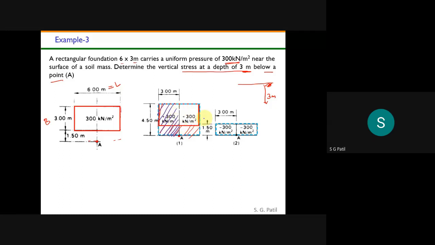Okay. So now I have to deduct this much area. How much area I should reduce? I have to reduce this area, because this is the extra portion I added just to make this point as a corner point. So I should deduct it. So now my new rectangle is this. This is my new rectangle, one plus rectangle and one minus rectangle. If you multiply it by 2 times, then it will become both sides. Okay.